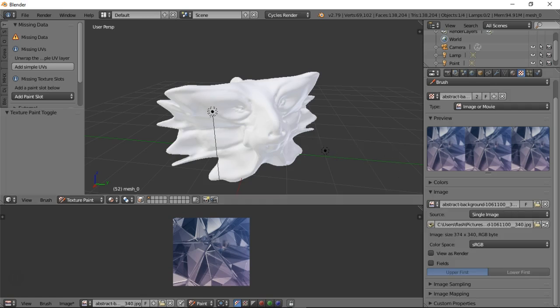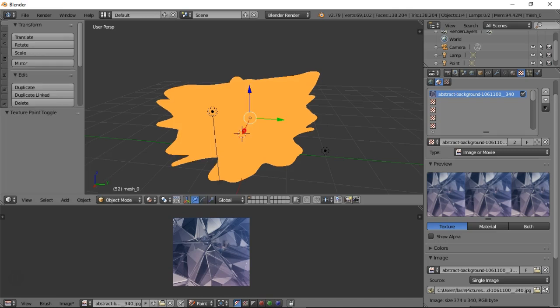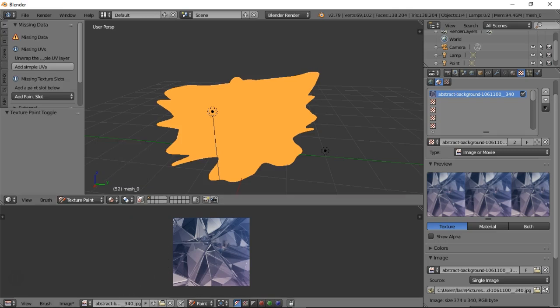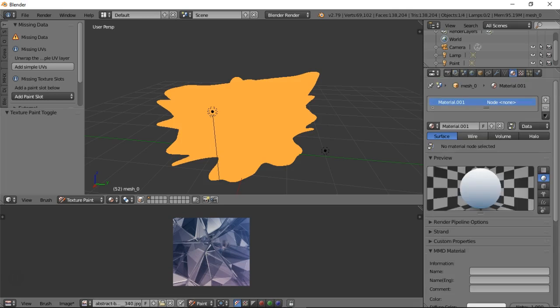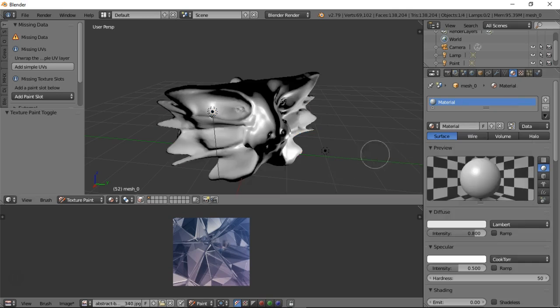Oh, we're in Cycles. We got to go to Blender Render. That's why it didn't work, because we were in Cycles. I didn't realize that. So let's go back to object mode, go to texture paint, then go here, and go here, choose the material, there we go, 0, and from that material